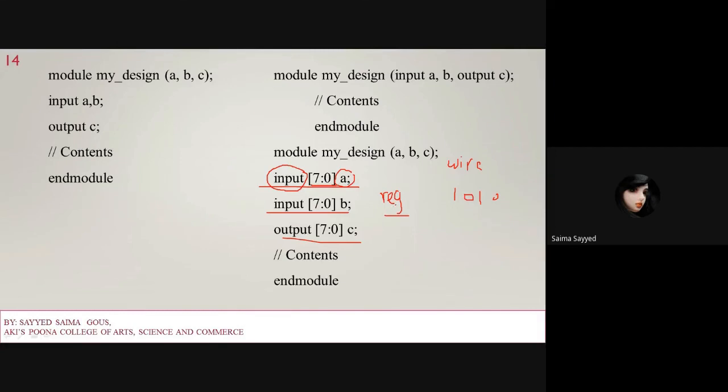If I want to store that number, I have to define it as a register. So after writing input, you write reg, then its range, and then the name of that particular variable. By default it acts as a wire or net data type, and if you have to store the number, you have to define it as a register.